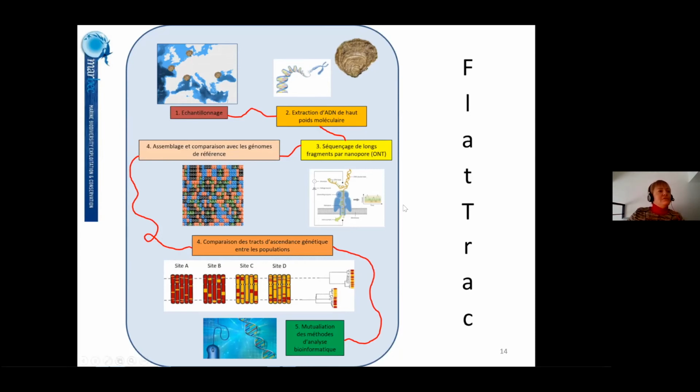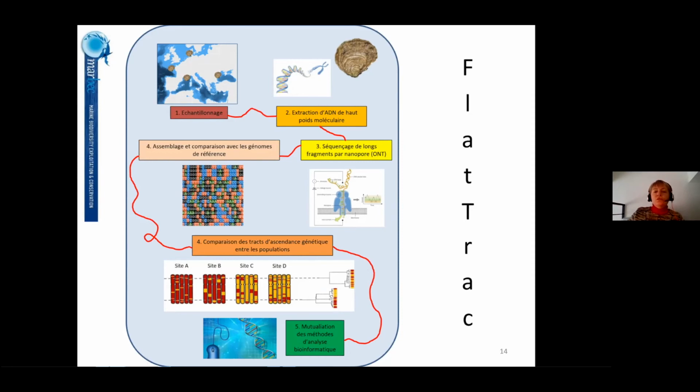And after the sequencing, the idea is to be able to partition those genomes into multiple chromosomal blocks from the different lineages. And then the idea is to combine all this information to be able to